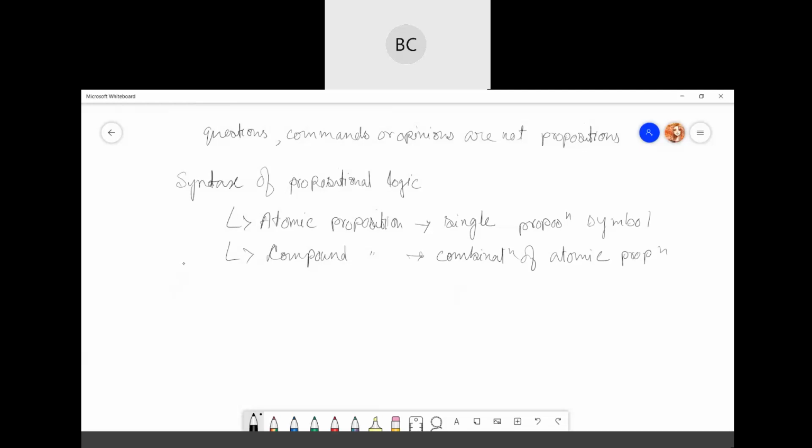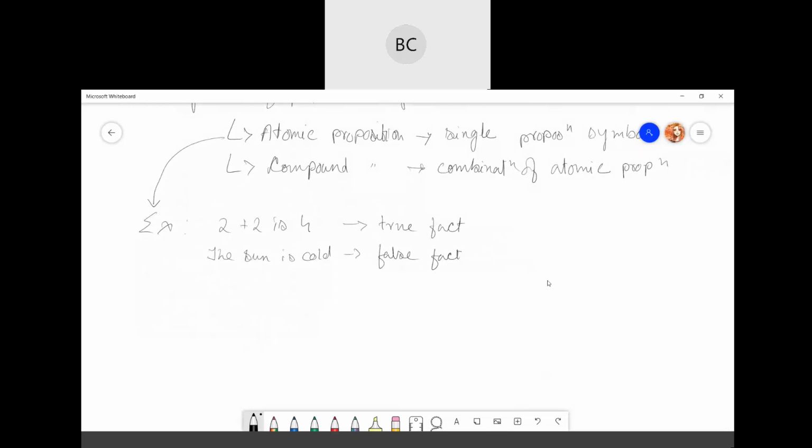So what are examples of atomic? You can say 2 plus 2 is 4, right? It is a simple atomic proposition and it's a true fact. Then again, you can say the sun is cold, which is also a single proposition and it is a false fact. This is a true fact and this is a false fact, and each is just a single statement.